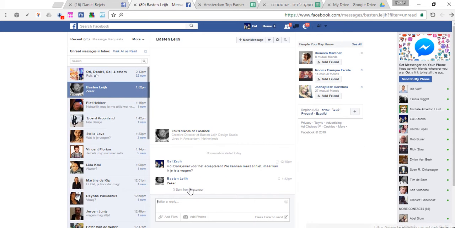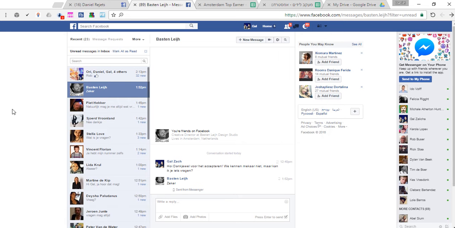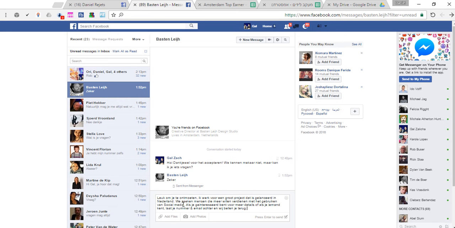After you send a lot of messages, if people say that yeah, you can talk, zeker in Holland, in Dutch, you just copy the second message. And you see that I have here a new notepad that I opened in my computer that contains the 3 messages of the recruit. There's another file, of course, that you can have in the Google Drive. Ask your upline to share it with you. It's called Sales Method. There you have all the messages and all the retail and recruit tools for the internet system. So I'll just copy these messages here, and what I'm doing, guys, is copy paste.